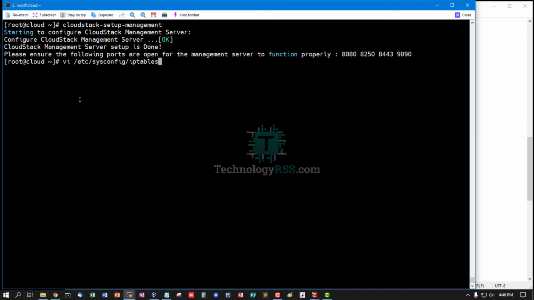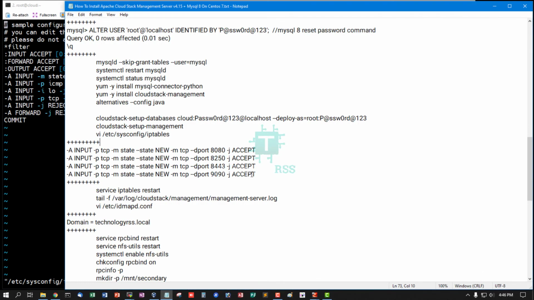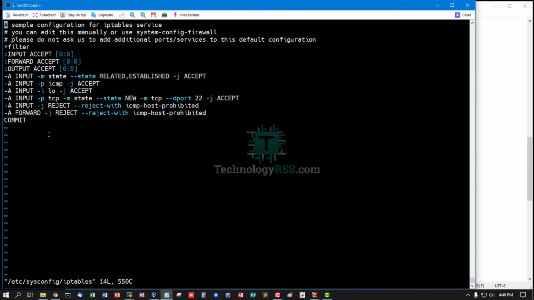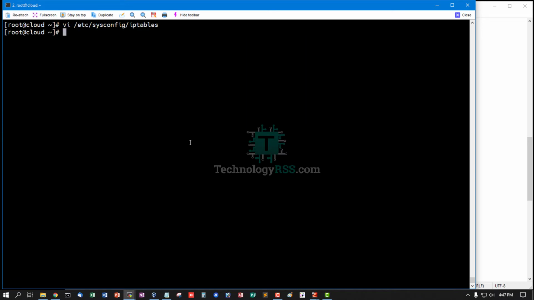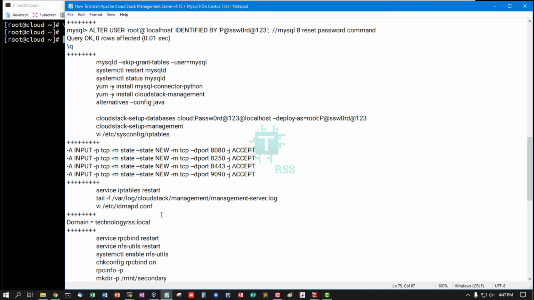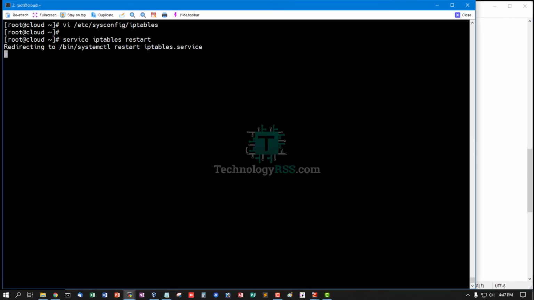So now I enable these ports in iptables, and save and exit, and restart the iptables service